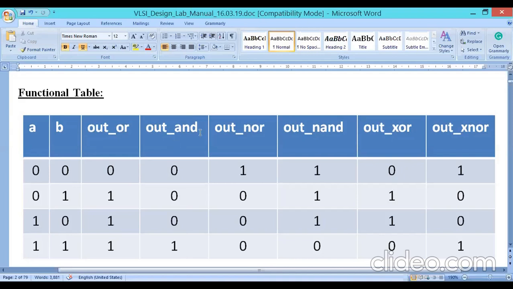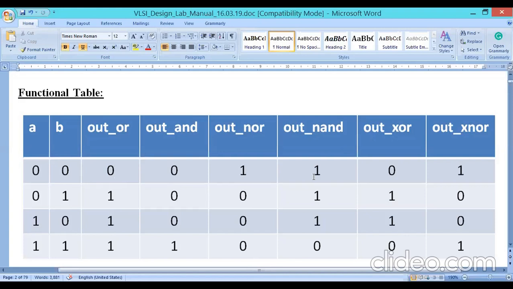At the same time, I am deriving the NOR gate also. The inputs A, B are fixed, so the same inputs we are applying to the NOR gate. What is the NOR gate? NOR gate means A plus B whole bar. Generally, this is the inversion of the OR operation. The OR operation is 0 1 1 1, so NOR is 1 0 0 0.